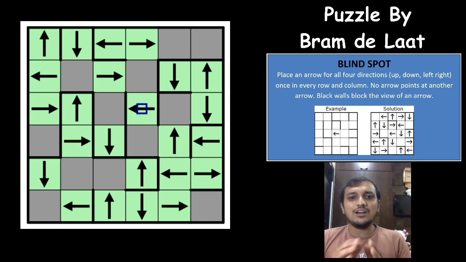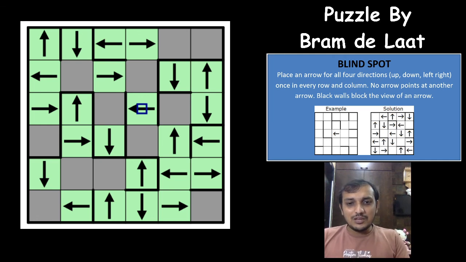Wow, what an excellent piece of puzzle this was. Excellent construction, guys. I am really fascinated by how actually the author would have created this puzzle. What an excellent piece of logic both the puzzles had, and I am sure that this was really a fun puzzle for all of you guys. Now if you see the grid, none of the arrows are pointing to any other arrow, and they will surely be blocked by a wall in between, right?